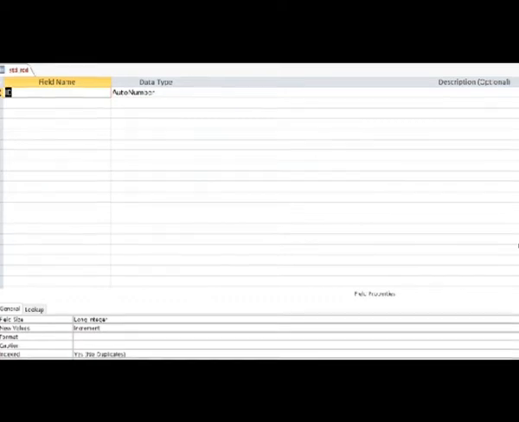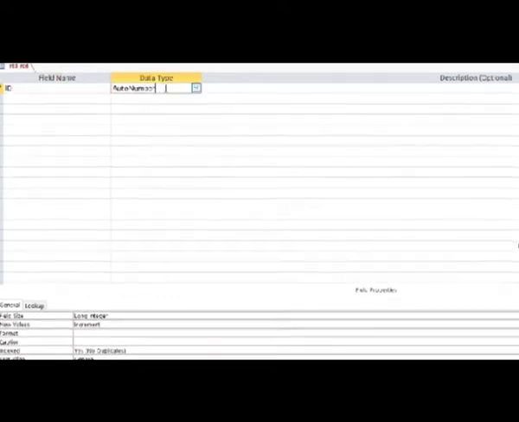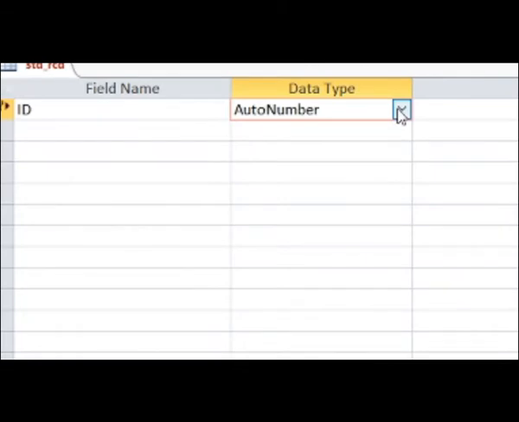You can see in data type, children, auto number is given. What is the meaning of auto number? See, from the heading you can understand it is under which heading? Data type. That is the type of data you want for your heading. That means suppose I want to write the roll number. So roll number is purely a number, one thing.